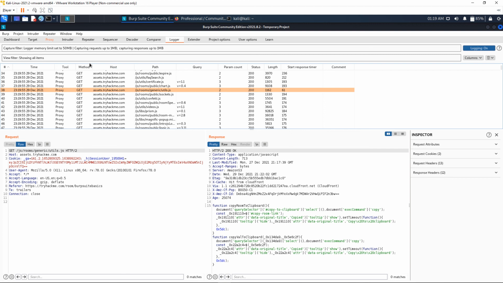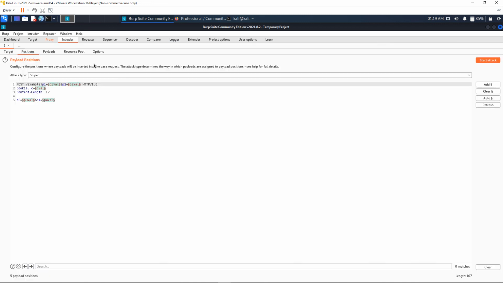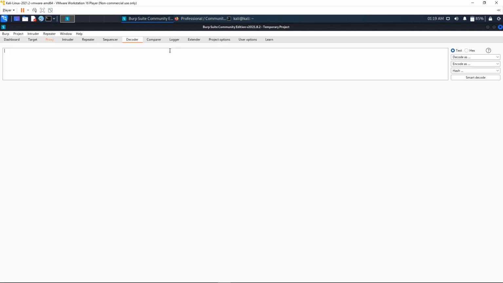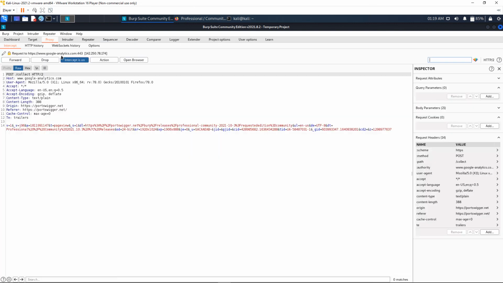Later on, in the next videos, we will see specific explanations for the different tabs. So we have a video for intruder, repeater, sequencer, decoder, and all the others that we have available here. So go ahead and